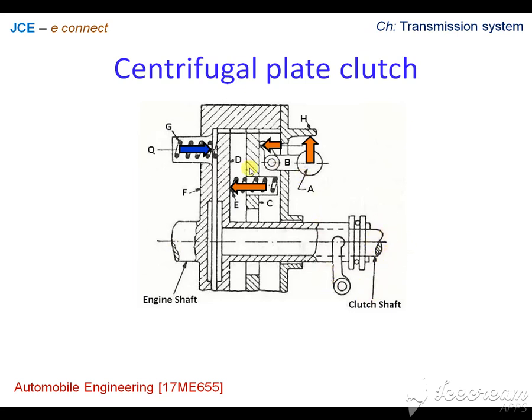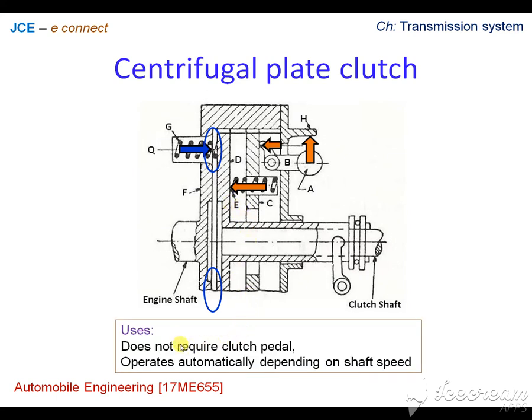And when the speed of the crankshaft decreases, then the force exerted by these springs is going to reduce, and as a result of this the torque will be affected. Now looking at the uses, this does not use any clutch pedal, and this operates automatically, and the torque is completely dependent on the engine